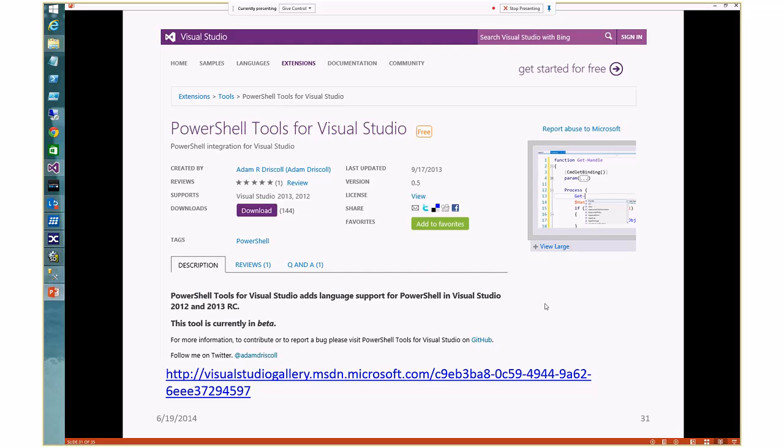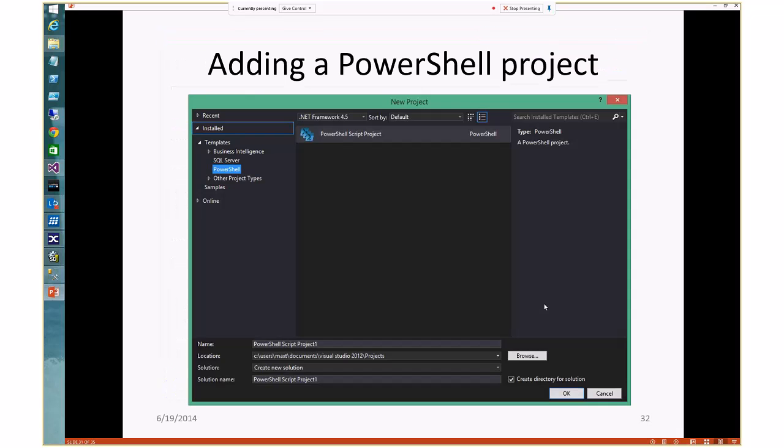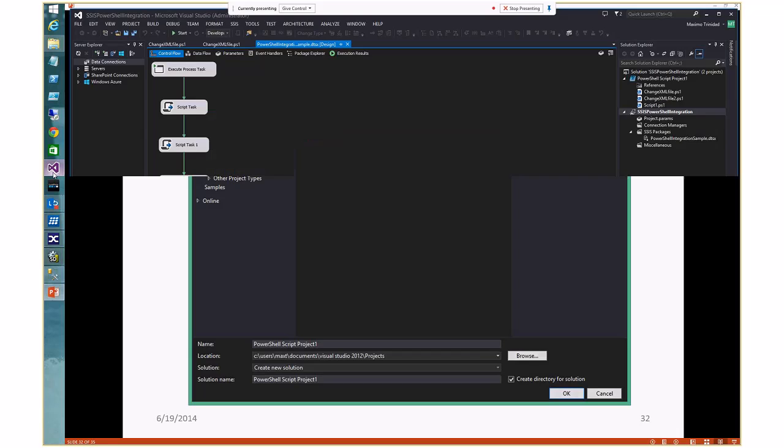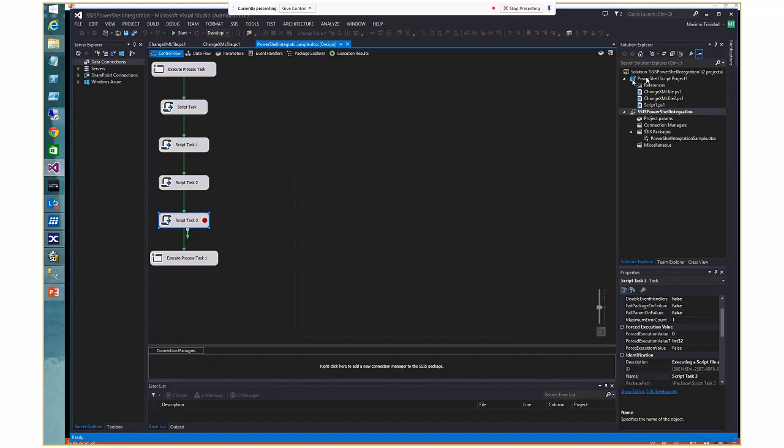And then, of course, there's the page showing where to download. You can just go into Visual Studio and automatically connect to download. And then, of course, after you download that tool, this is what happens. On the project, you'll see a PowerShell option. So you can integrate your PowerShell. That's why here in my example,